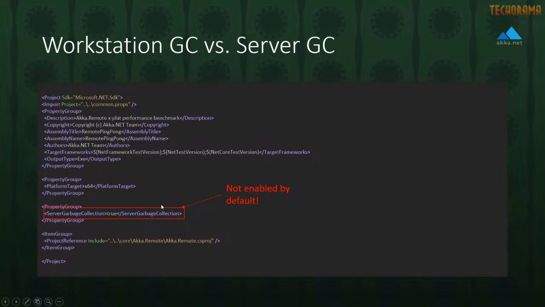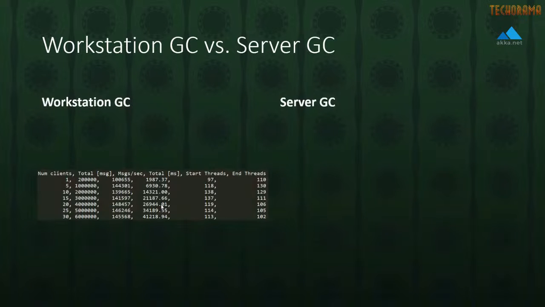Now, let's go ahead and take a look at the remote ping pong benchmark, which is what we use for measuring latency and throughput in Akka.Remote. With workstation garbage collection, and I believe this is running on .NET Core 3.1, we're averaging across most of our benchmarks in the ballpark of 145,000 messages per second.